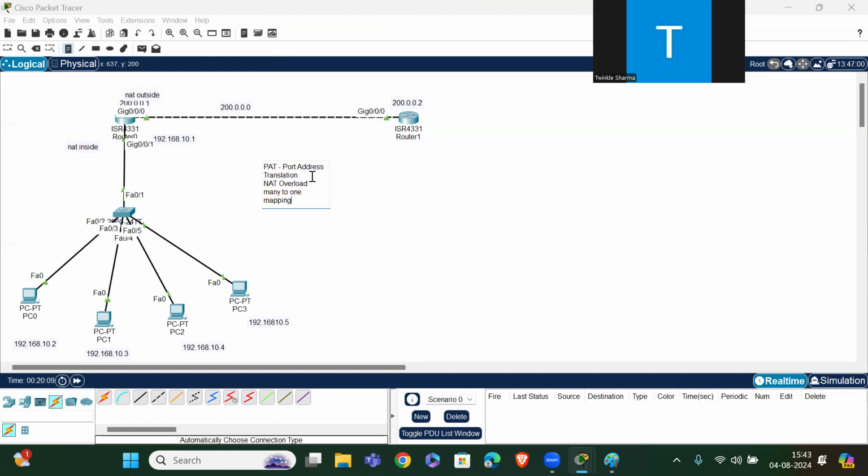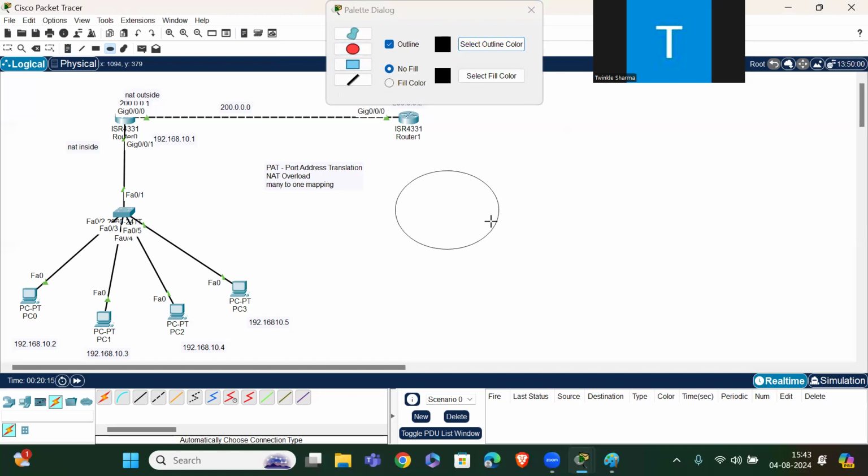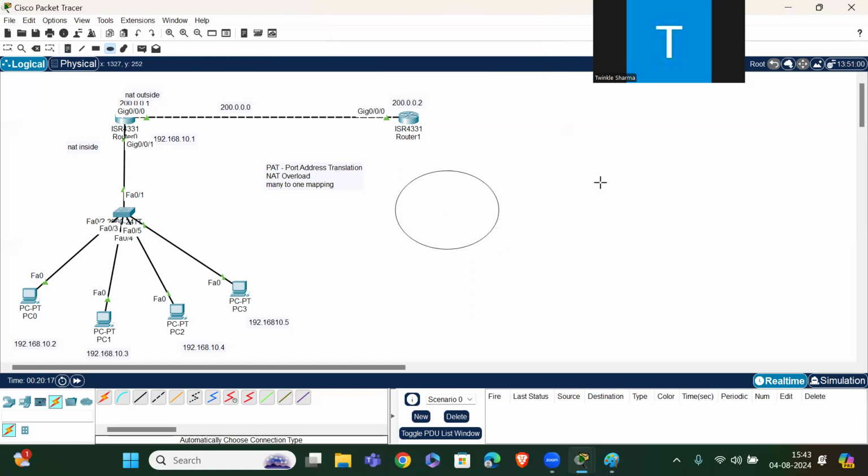That is PAT. Here, let me show you one thing. I'm taking this, and this is my public IP. Okay, this is my private IP range, 192.168.10.2 to 192.168.10.20.